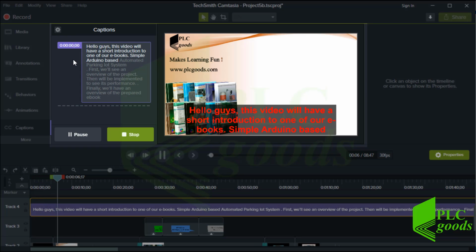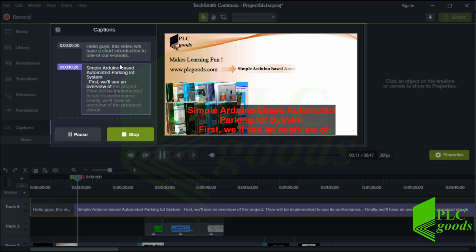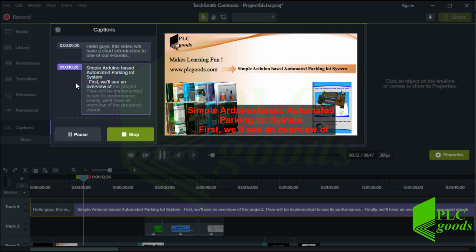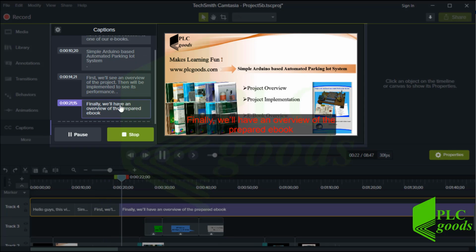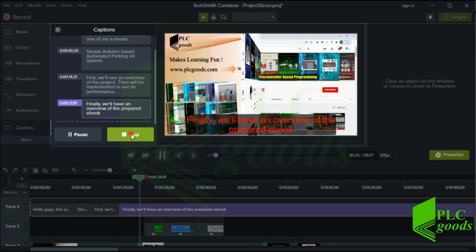Hello guys, this video will have a short introduction to one of our ebooks. Simple Arduino-based automated parking lot system. First, we'll see an overview of the project. Then it will be implemented to see its performance. Finally, we'll have an overview of the prepared ebook. Before we get started with